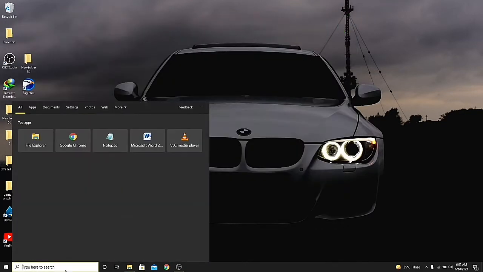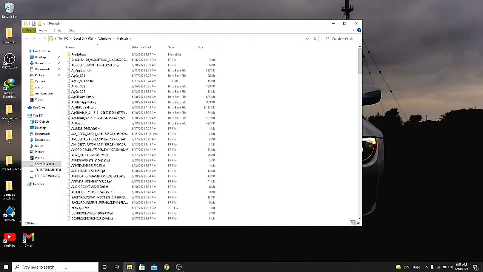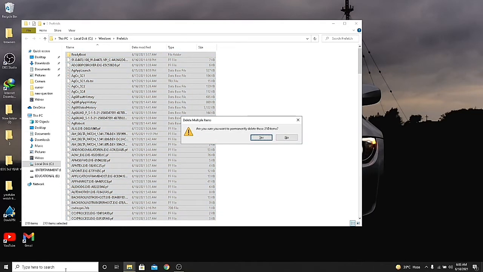Again go to the start menu, type run and press enter, and then type prefetch and press enter. Now select all the files, press Shift plus Delete and then press enter.